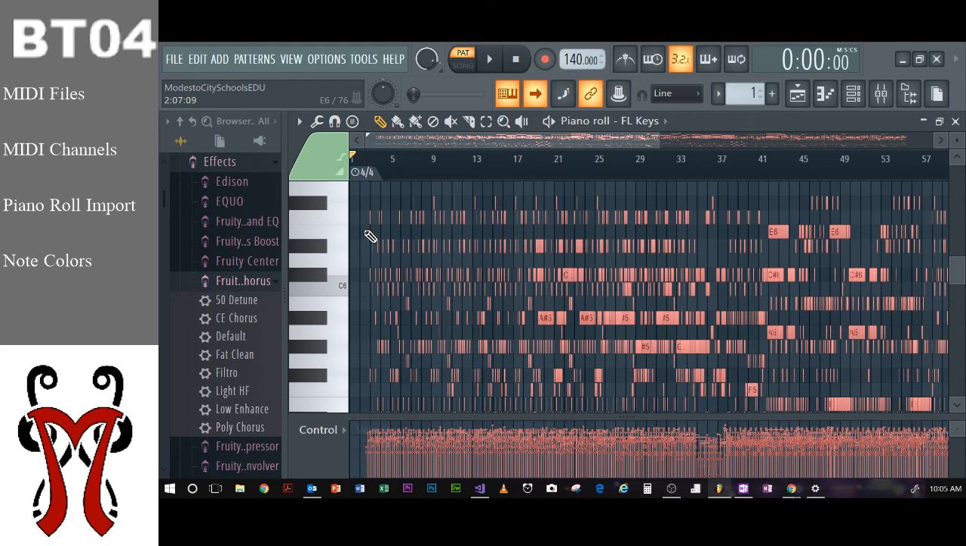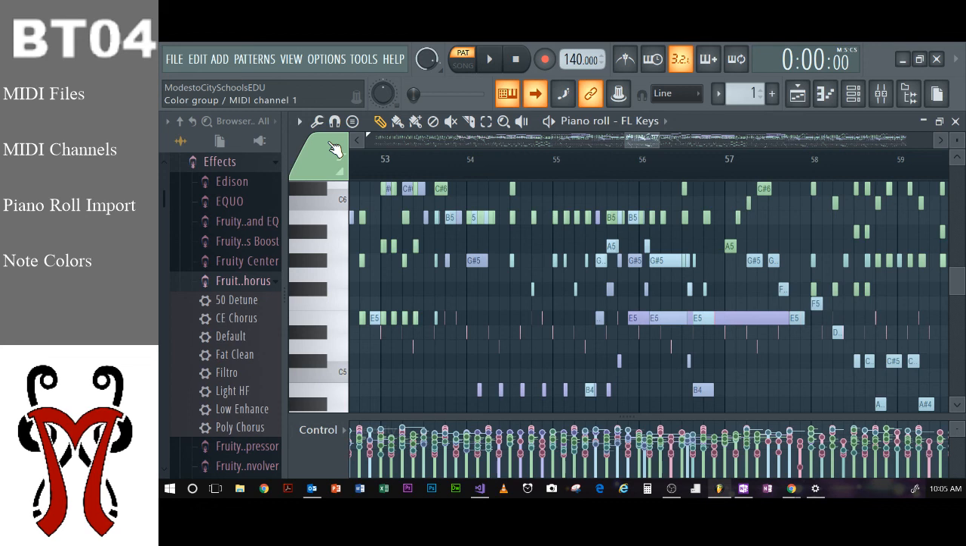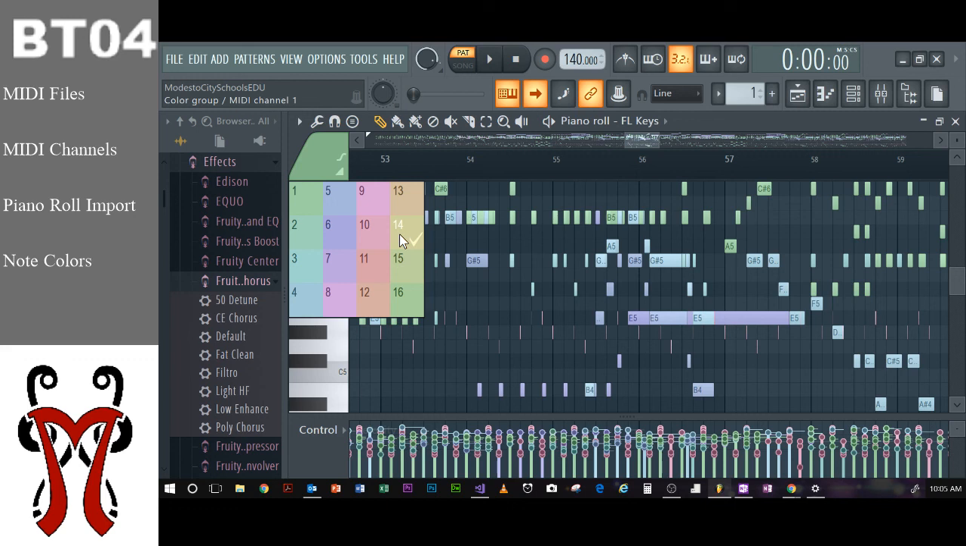Now, if I click in here, you'll notice that some of these notes are different colors. If I zoom in on this, you'll see that some of the notes are light blue, some of them are purple, some of them are green, there's a whole bunch of different colors in here. And that's because they're the different MIDI channels that you've imported. If you go up here to the top left of your piano roll, something that looks like a big colored tab right here, if you click on that color tab, you'll see that there are 16 different colors that you can choose from when you sing out notes in FL Studio's piano roll. And each one of these colors actually